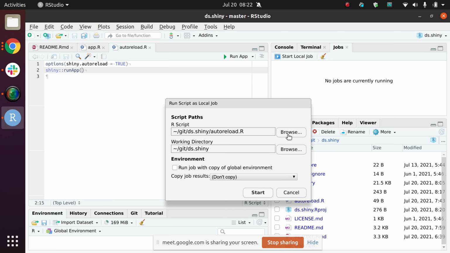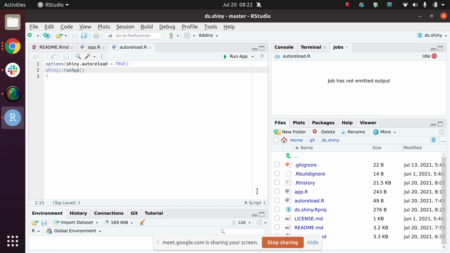Otherwise, you browse the file that you want. And the defaults usually are fine because you want to work from that working directory in this case. So I'm going to simply hit start, and that will start a new job. And it's going to be a single job. It's going to emit also this URL that I'm going to copy here,